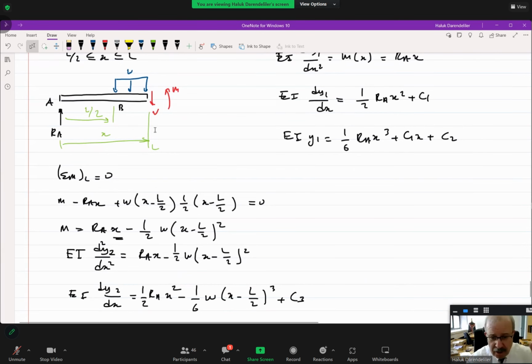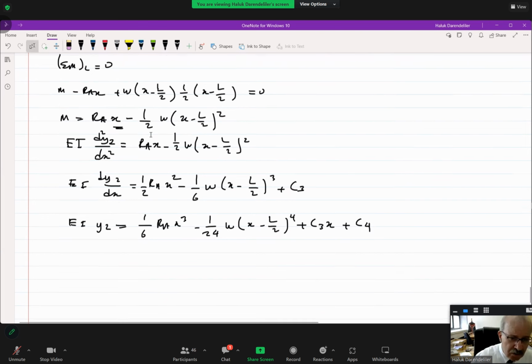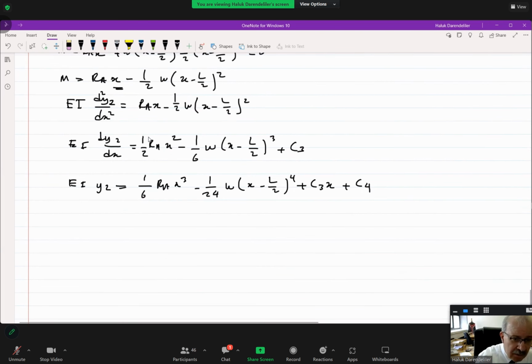Therefore, in these equations, we have RA. We have four constants, C1, C2, C3, C4. But also, in addition to these, there's an unknown in the problem due to its statically indeterminate nature, that is RA. Now, we need 5 boundary conditions. The remaining is just to write these. Okay, so let's go through these one by one. Now, I'm just going to write the boundary conditions and their results. First,